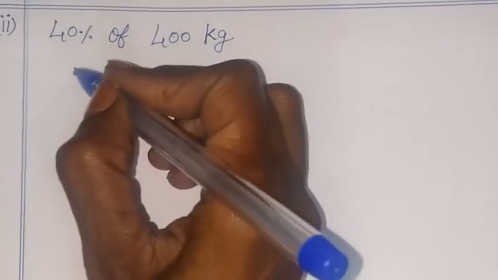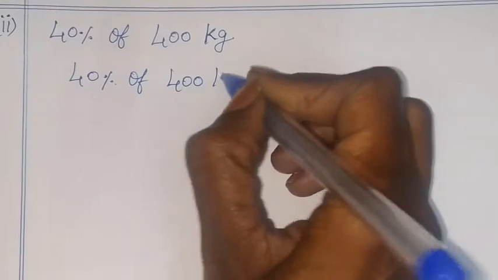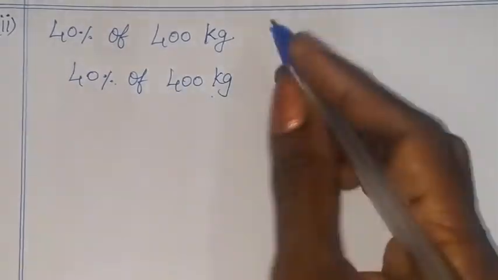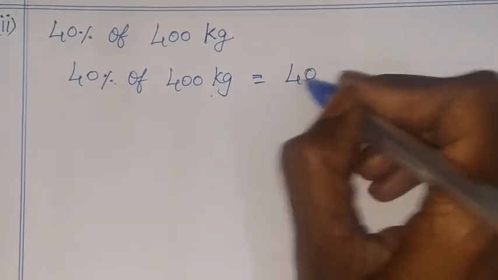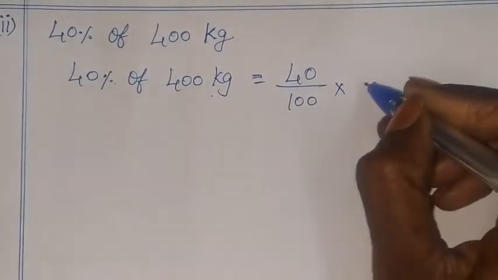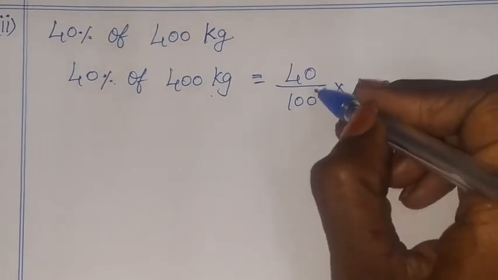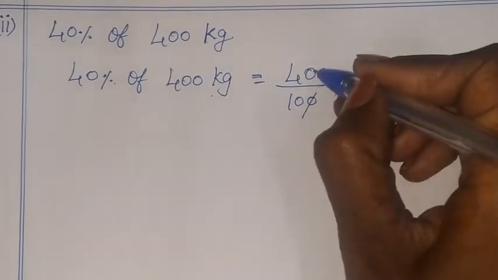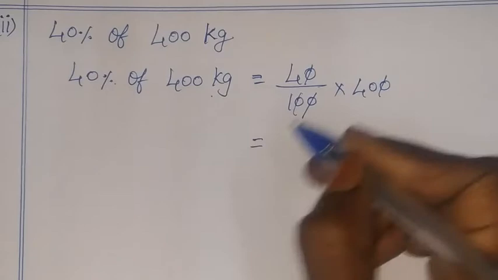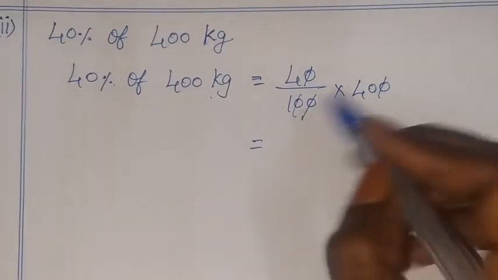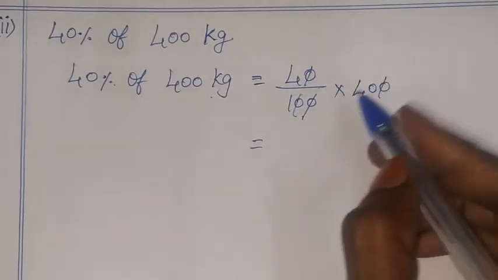40% of 400. So here the total value is 400 kilograms. In this, they are asking what is 40%. So we have to multiply the percentage by the total. Now we can strike out the zeros as the numbers are ending with zeros. Here 1 0 and 1 0, and here again 1 0 and 1 0. So now we got 1 in the denominator, so we have completed our simplification. Now multiply the numerator and write it as the answer.